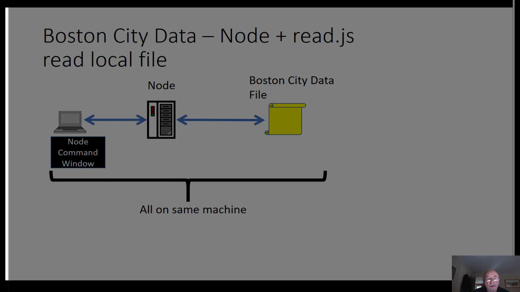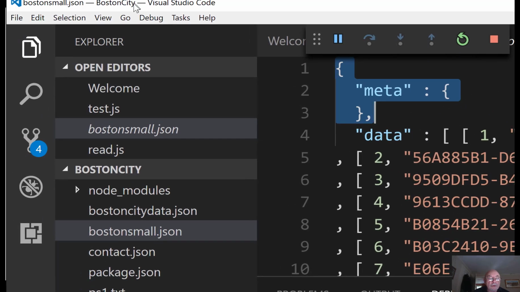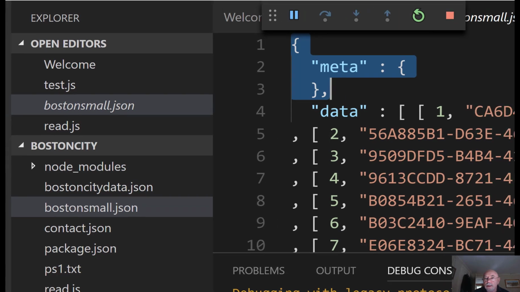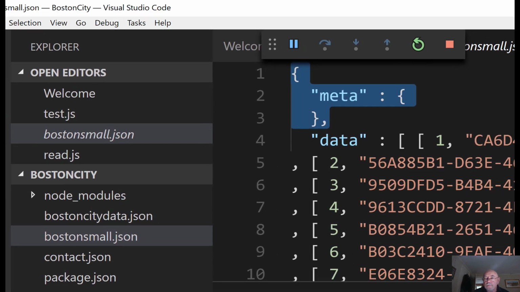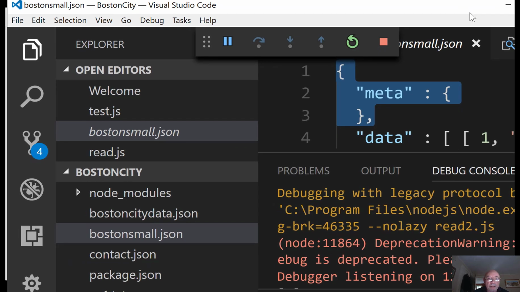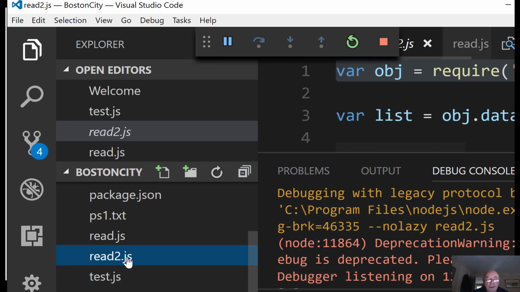So I've loaded the correct directory here. Let me squish this down so we get more of it on the page. Okay, that's a bit better. Here I've got something called read2. Let's take a look at it. So all it is,